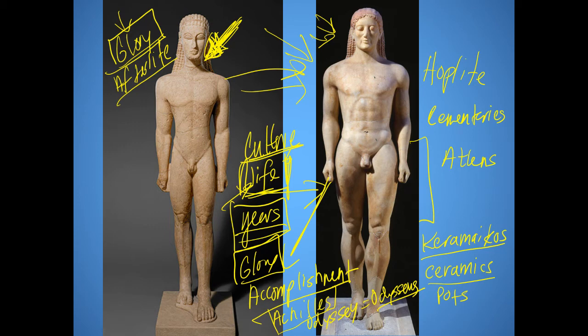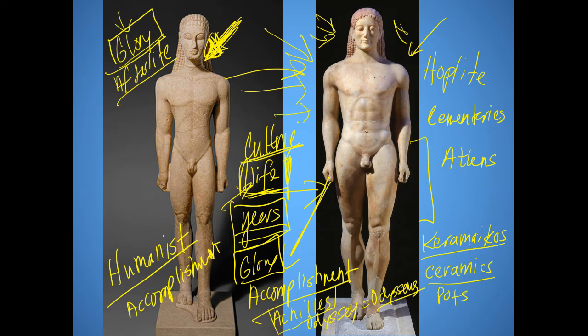And so Greek culture, as a result of all this, and this is what we call humanism, this absolute drive for human accomplishment, right? And if you think about the sculptor of this, he sculpts this great image that not only glorifies the soldier, but also glorifies himself as a sculptor. So it glorifies the soldier and the sculptor because people will forever remember the beauty and the naturalism and the idealism of the statue. Now, this again marked a grave.